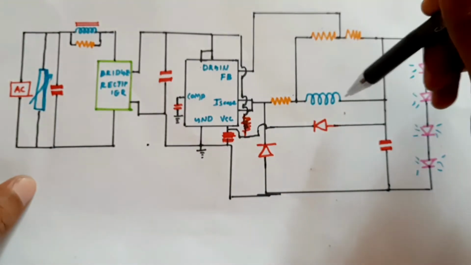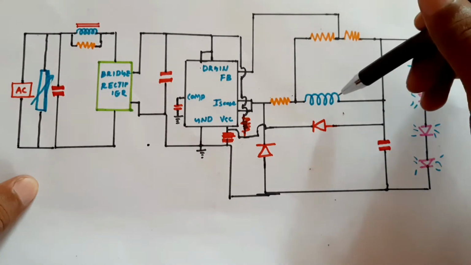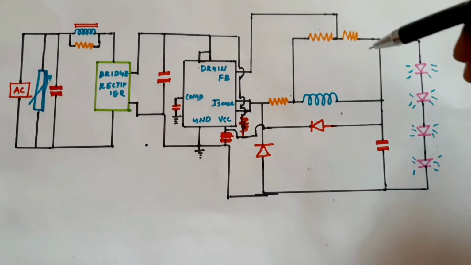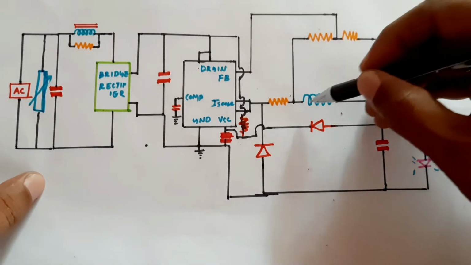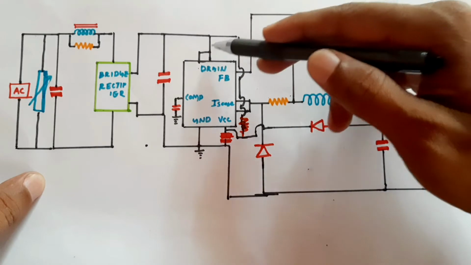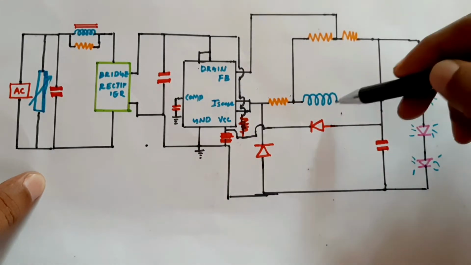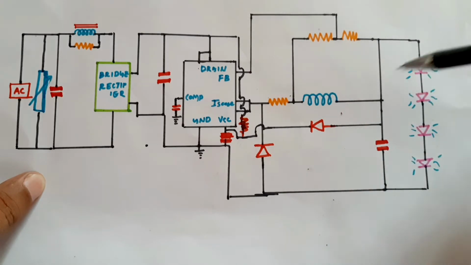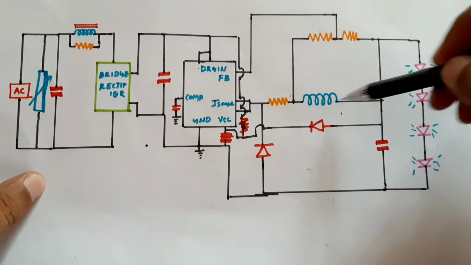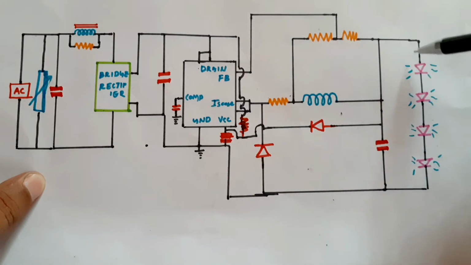Because this circuit is operating in a critical conduction mode. Critical conduction mode means, when the switch is on, the current passes through the inductor to the load, and the AC part of it will go to the capacitor. That means when the transistor is on, there are two currents. One is going to the capacitor and the DC part of it is going to the load.